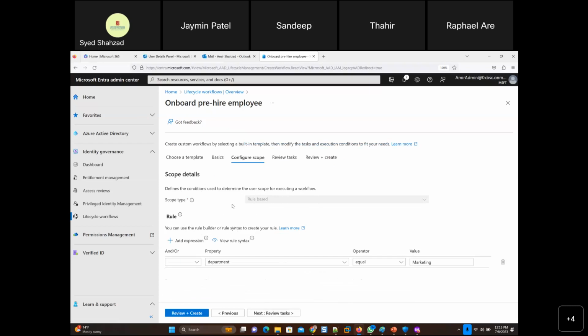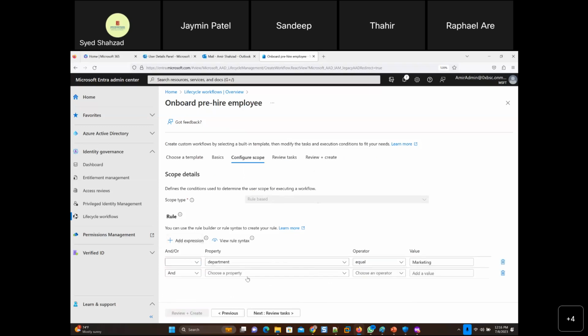There are some tasks that you can put here so that if this user comes, he or she will be added to this department automatically. So add expression, you can use the rule builder. Now, obviously, first you create an environment. Okay, department is equal to marketing. Please add this user to that department.